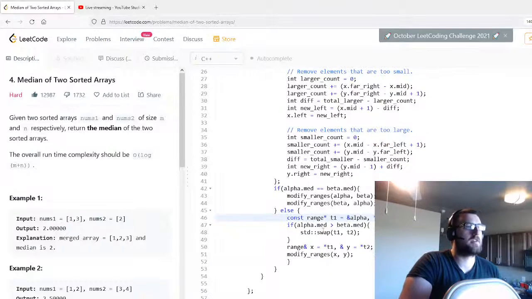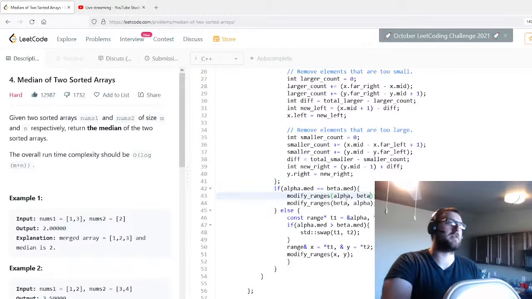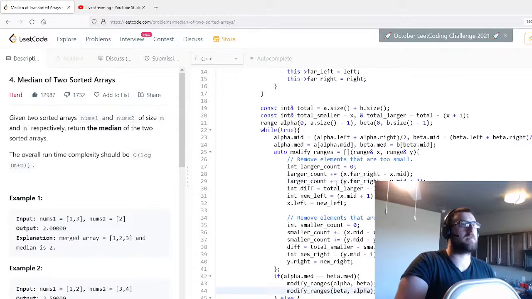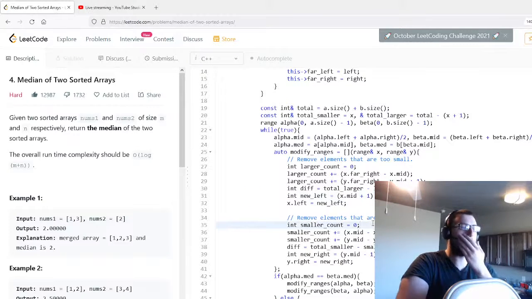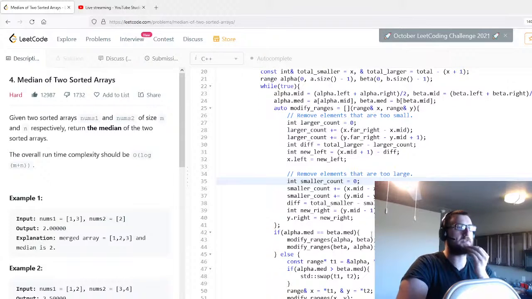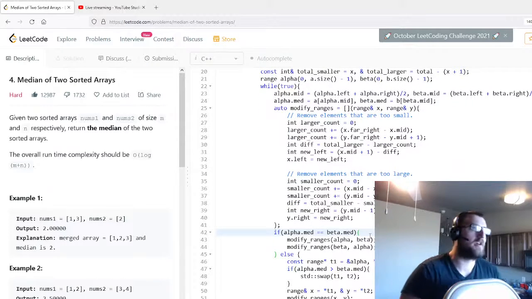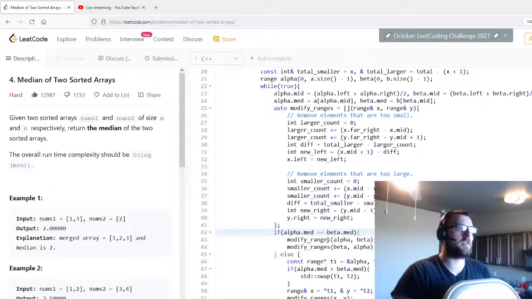Okay. So now we would say, otherwise they're not equal to each other, the medians. So if they are equal, we can do alpha, beta, and then beta, alpha, right? Do basically the same two routines, one assuming one is larger than the other, and see how much to eliminate. And if we are